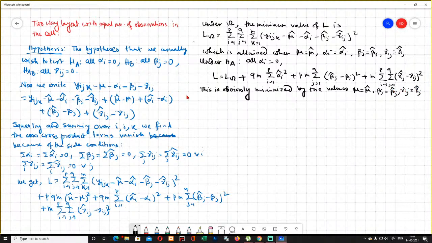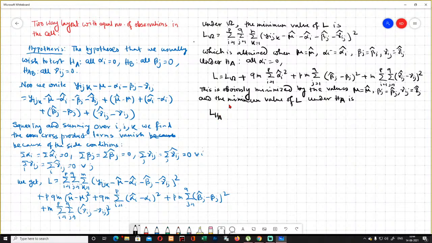And the minimum value of L under HA is denoted by